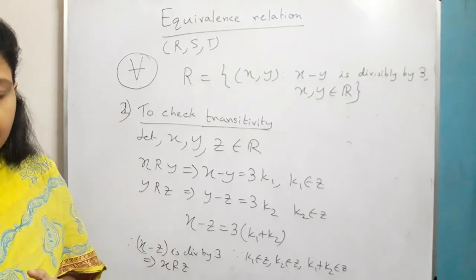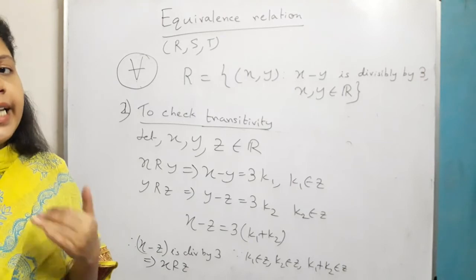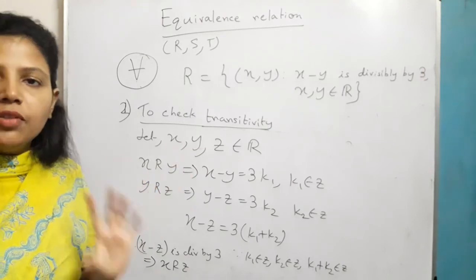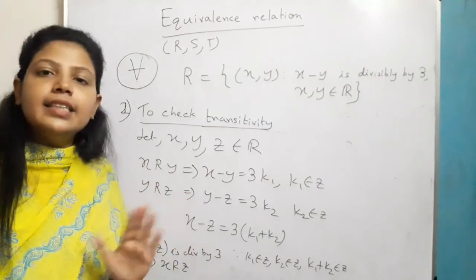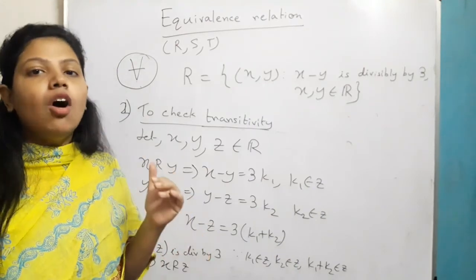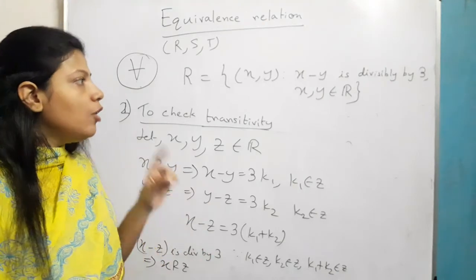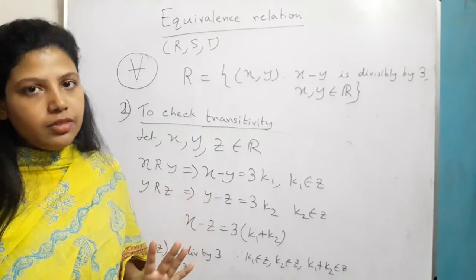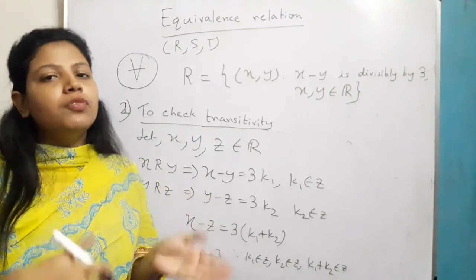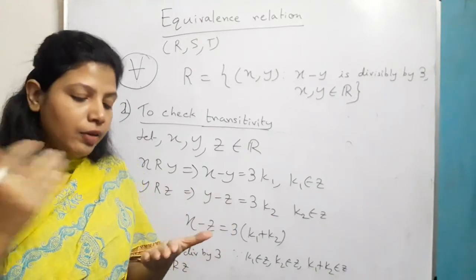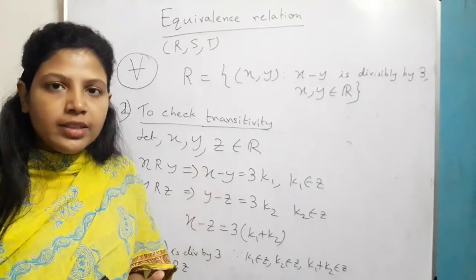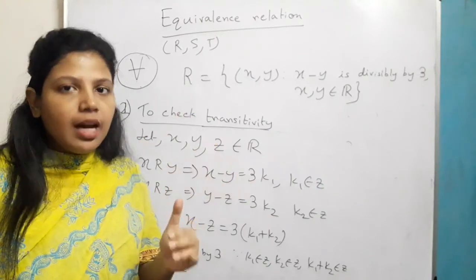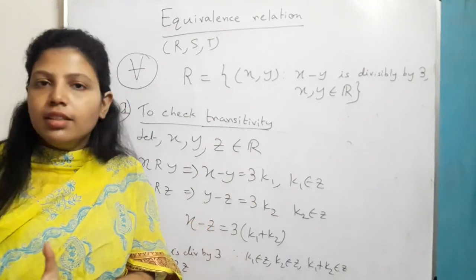But one more thing is there. Suppose one sum is given to you and you have to prove that it is not equivalence. Then suppose you are checking reflexivity and you have already proved it is not reflexive. Then I will not check for the others, because any one relation will be not true, then R is not equivalence relation. So it is easy to prove that it is not, because if I will face some problem in reflexivity, I will stop there. Suppose it is reflexive but not symmetric, I will stop there. I will not continue after that.